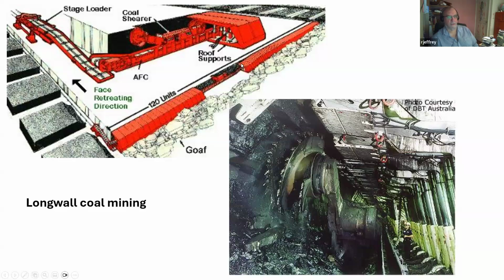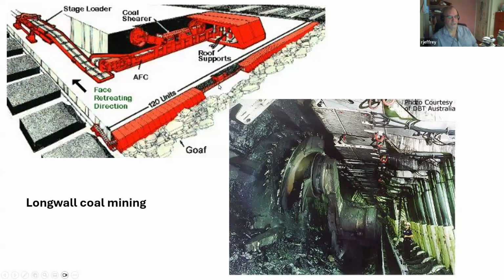So the longwall is shown here in the front part of the image, and a zoomed in view of the central part of the longwall is shown in the upper part of the image. And you can see the red square objects along the face here are the supports. So they've been removed